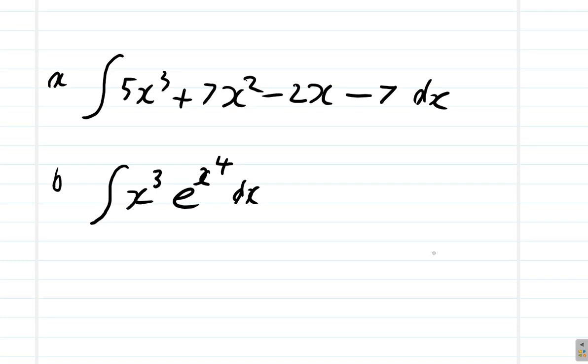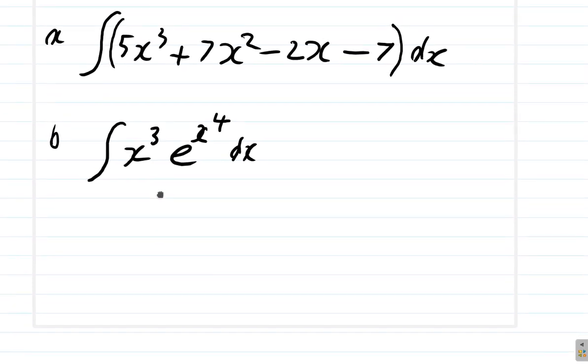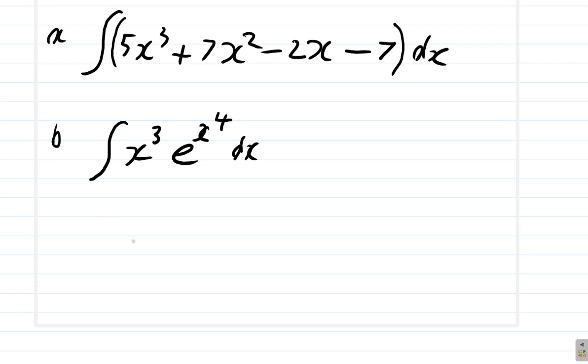These two equations are similar to part of question 7. Now, part A says you're to integrate 5x cubed plus 7x squared minus 2x minus 7 with respect to x. Let me put it in brackets so that it shows that everything applies to the integral. So here, for part A, remember now,